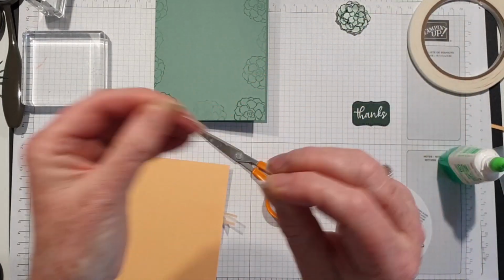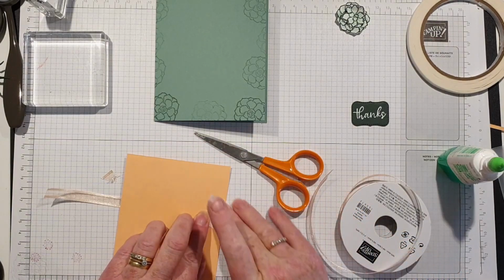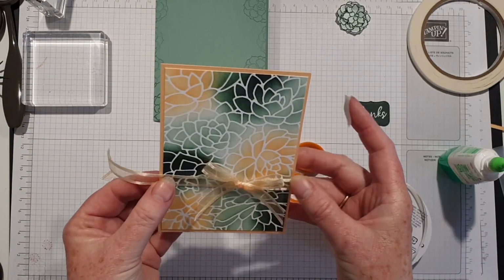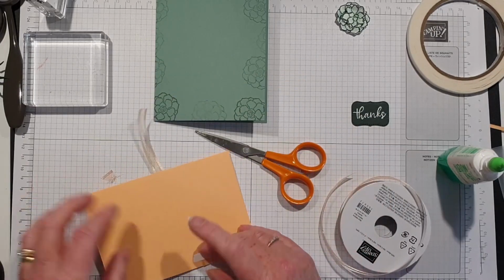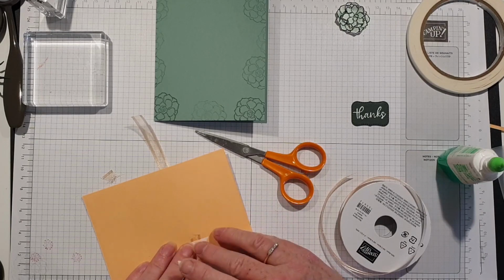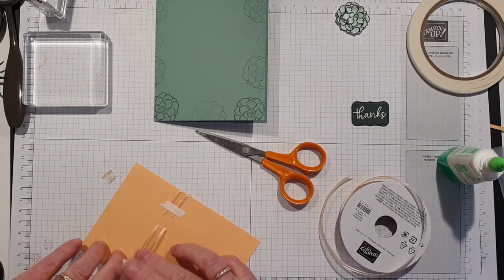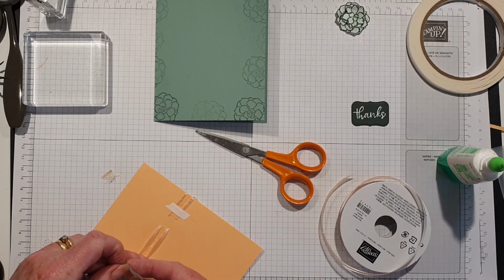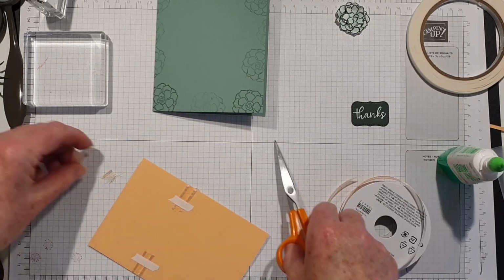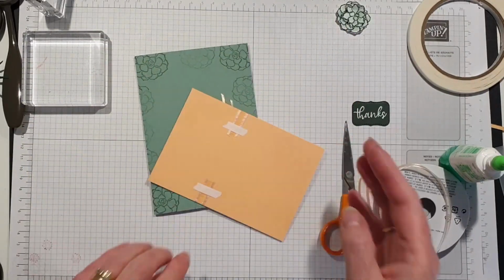I've got my tear and tape, because when it's on the card, the card can buckle and bend. I know everybody's a little bit different. I want to pull that through a little bit more. To pull that there. There we go. Trim that off. And then that can go on there with